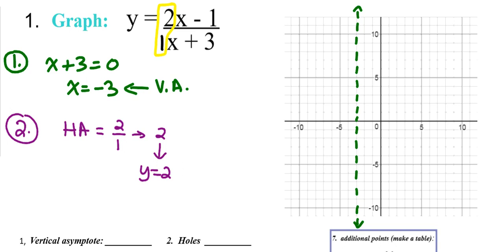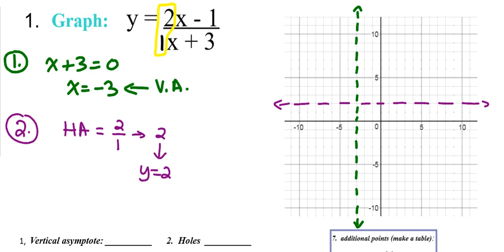So that means go to the y-axis, find the 2, and let's put our asymptote in. And you're probably like, ooh, both a vertical and a horizontal? Or maybe you're not thinking that, but yay, this is always a good thing. When we have a vertical and a horizontal asymptote, it makes sketching the graph so much easier, and you'll see